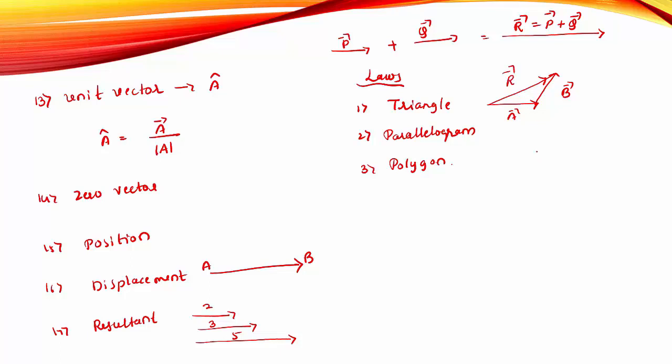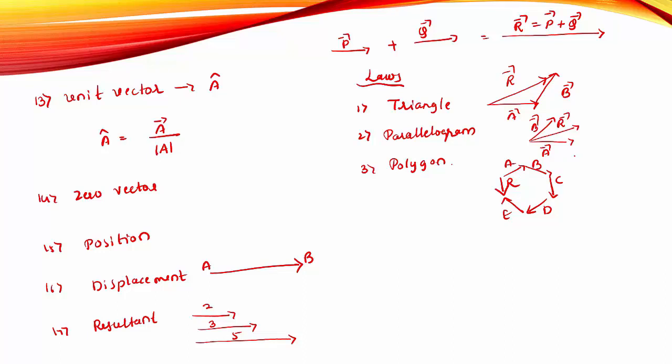When it comes to the parallelogram law of vector addition, let us consider two vectors along the two adjacent sides of a parallelogram. Then the resultant is along the diagonal. This is the parallelogram law of vector addition. We can consider n number of vectors. The resultant vector is in the opposite direction. Vector R equals A plus B plus C plus D plus E. The resultant vector is taken at the end of this polygon in the opposite direction. These are the three laws of vector addition.